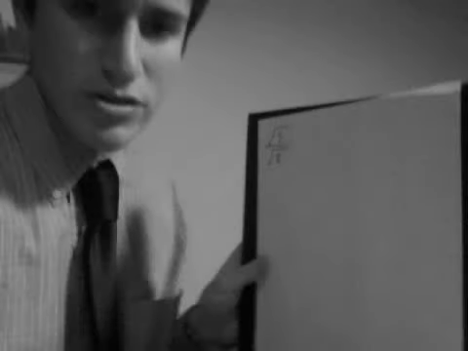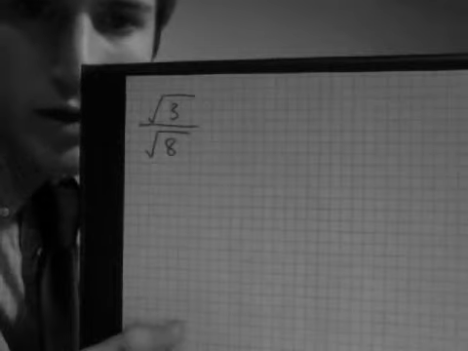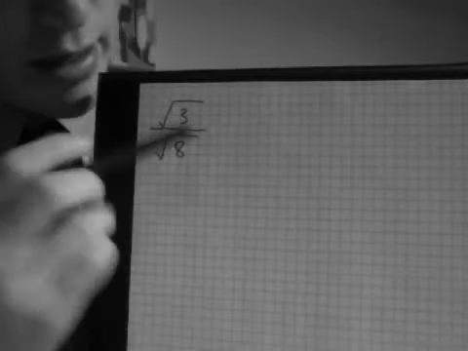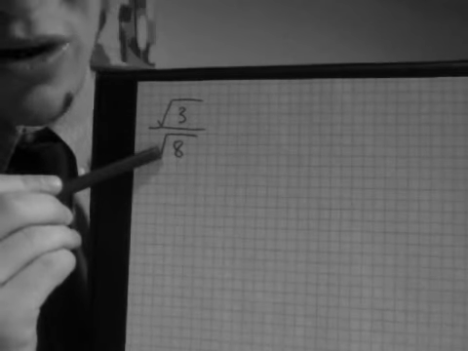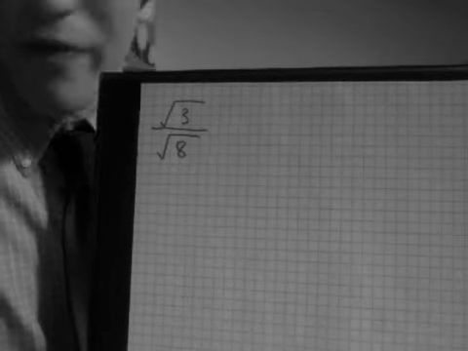technically for answers, we can't have a radical or a square root in the bottom, in the denominator of a fraction. So for example, write down this example, square root of 3 divided by the square root of 8. What they were talking about is that the square root of 8 is in the denominator. Now, the way we get around that